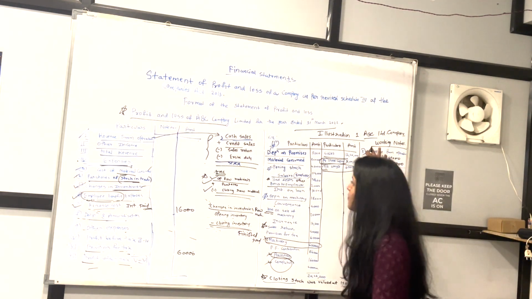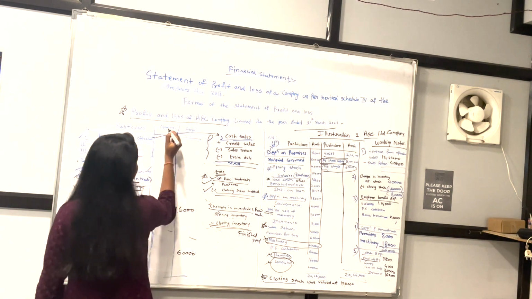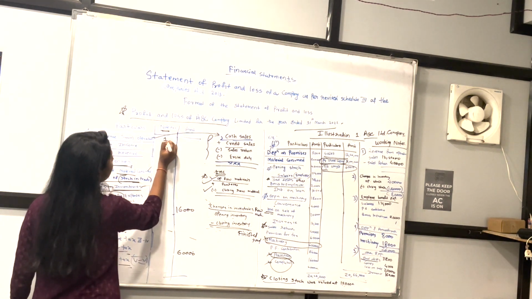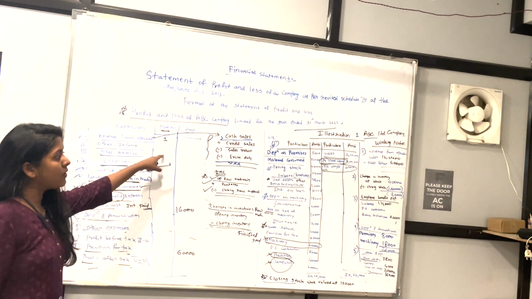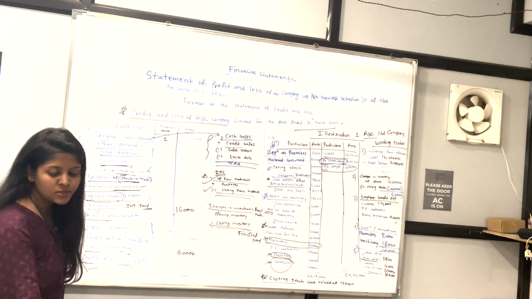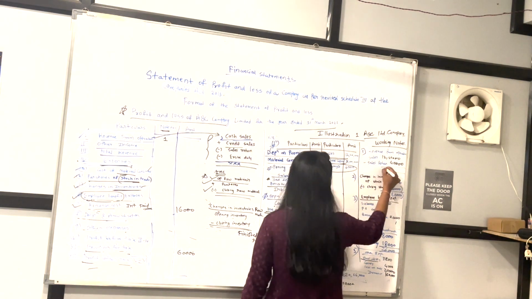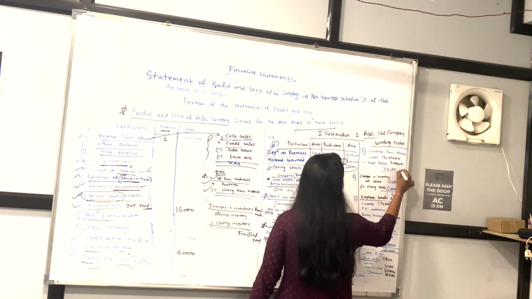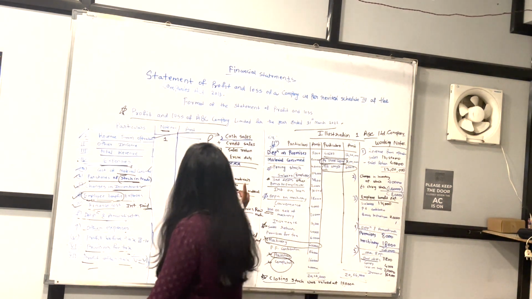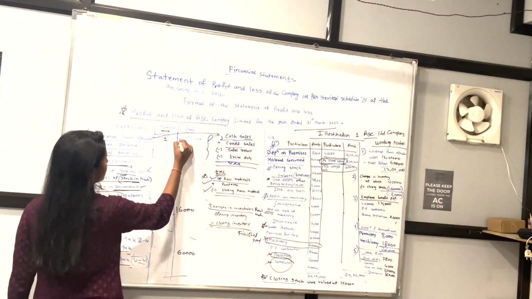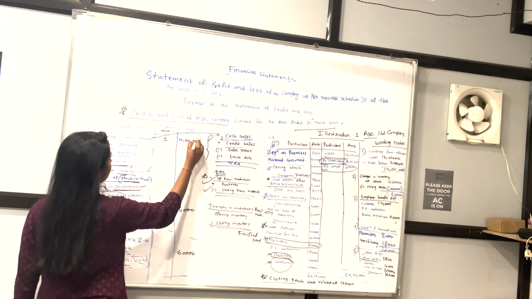This is the first working note. So you have to put here note number 1. Which is the note number 1? Revenue from operation, and how much is the amount we got? 12 lakh. Okay. So this 12 lakh you have to write, because working note always you have to show, because working note carries marks. So 12 lakh will come here.